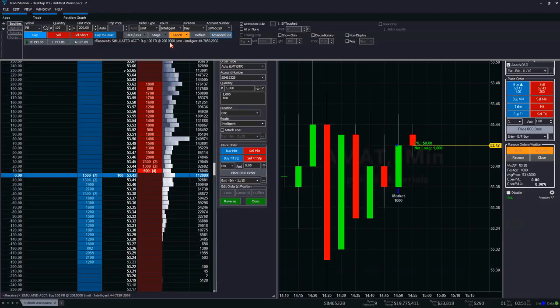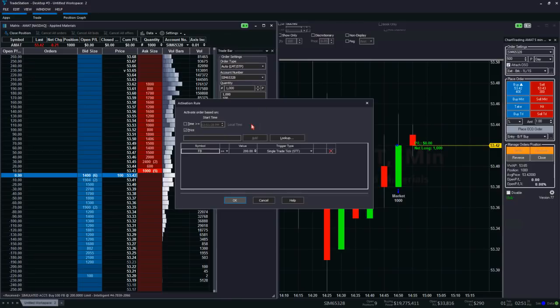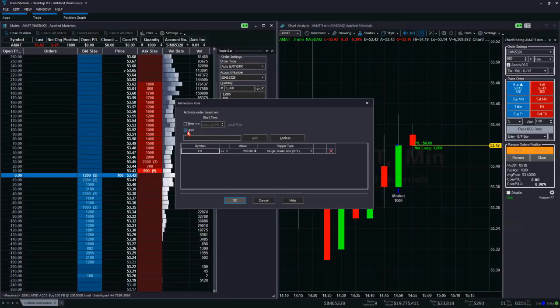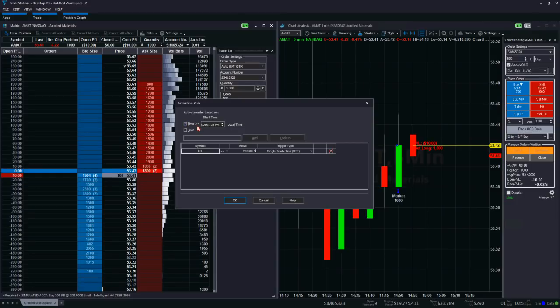There's two activation rules that you can set. You can do an activation rule based on price, or you can do an activation rule based on time. Sometimes, the time activations are great because you can submit an order that only gets activated towards the end of the day or at a certain time. Comes in very handy